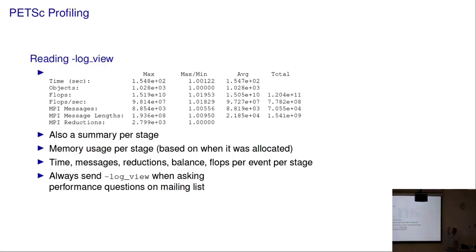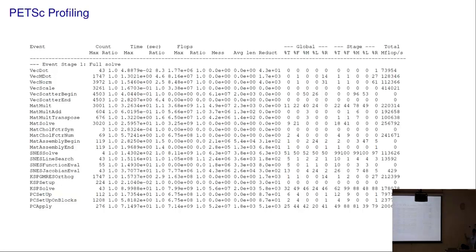So you can just look at this, and then there are also these summaries per stage, and we also track memory usage per stage, time for each event you're logging, the number of messages sent, the number of those that were reductions, and also the flops per event per stage. And so the default looks like this. It's a little hard to figure out at first, but